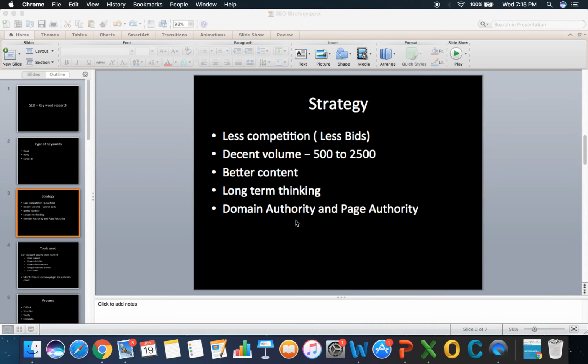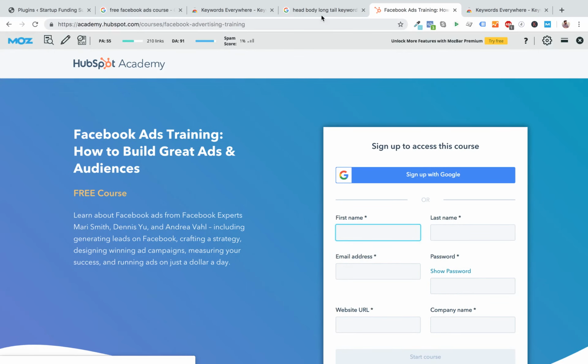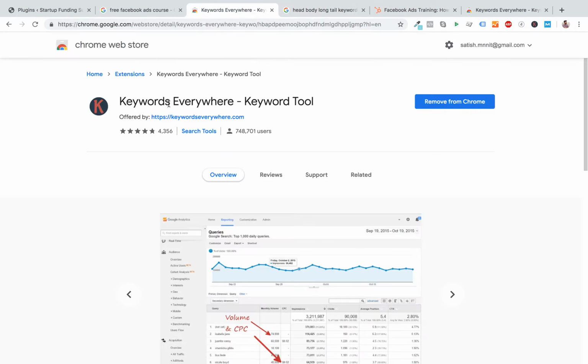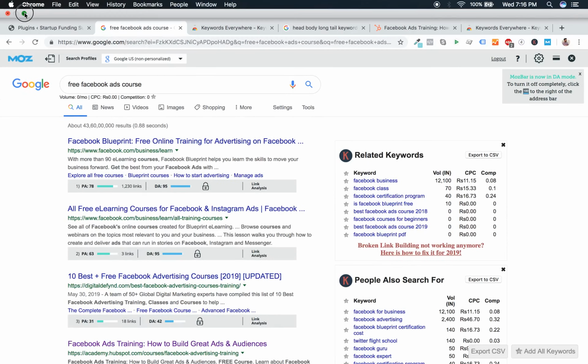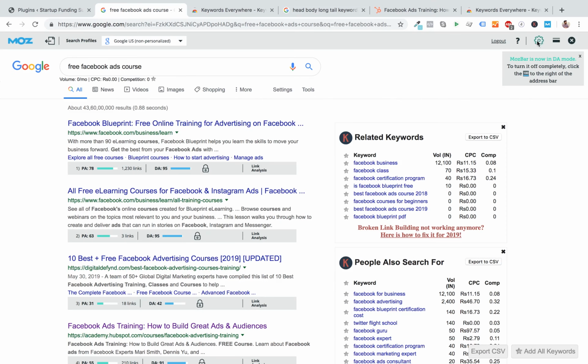And I would always try to avoid those niches which already have high domain authority, that is, domains which are already known. A lot of people know and organically search for them every day, and when some link shows up from them, people are going to click those. Right? How do I know that? Because I've already installed this Moz plugin. I can get the page authority and domain authority from here.